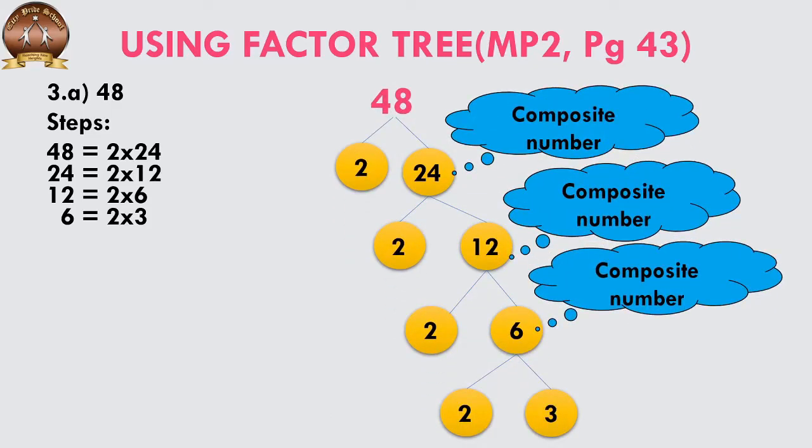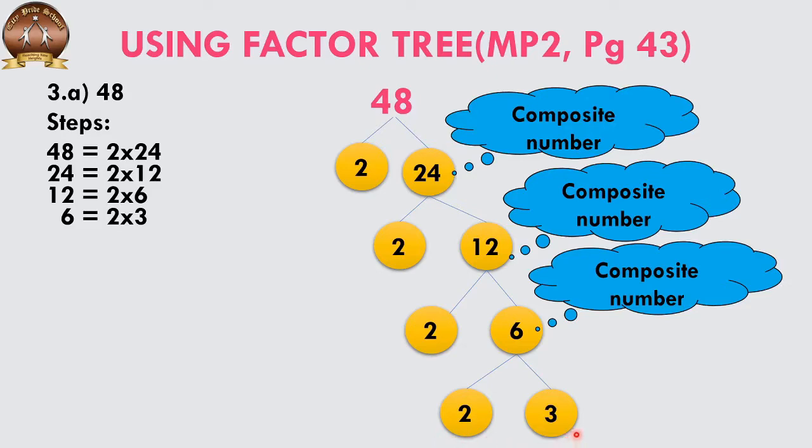So you see how it's written like this. I'll just use a pointer to highlight this. 48 can be written as 2 into 24. So 48 over here is broken into two factors, 2 into 24, and this is the way we draw a factor tree. Basically, it looks like a tree which has branches downwards. Usually a tree grows upwards, but a factor tree grows downwards, and it grows till the last where we get the prime numbers. So where are we going to stop in a factor tree?